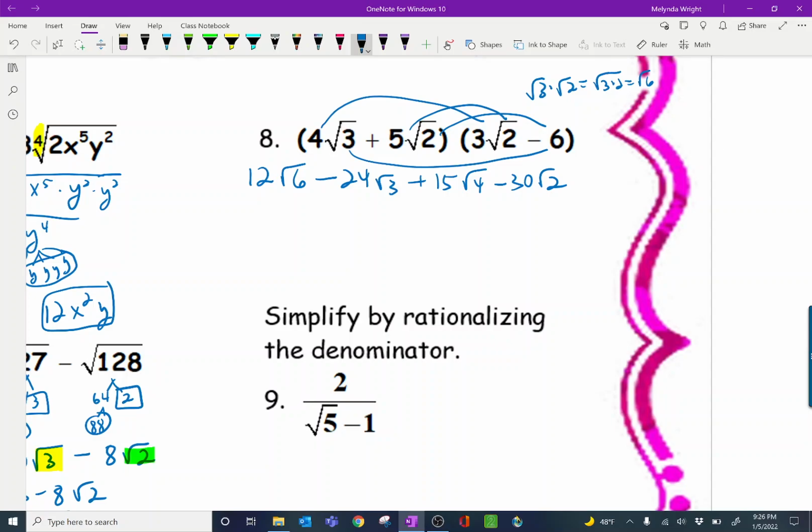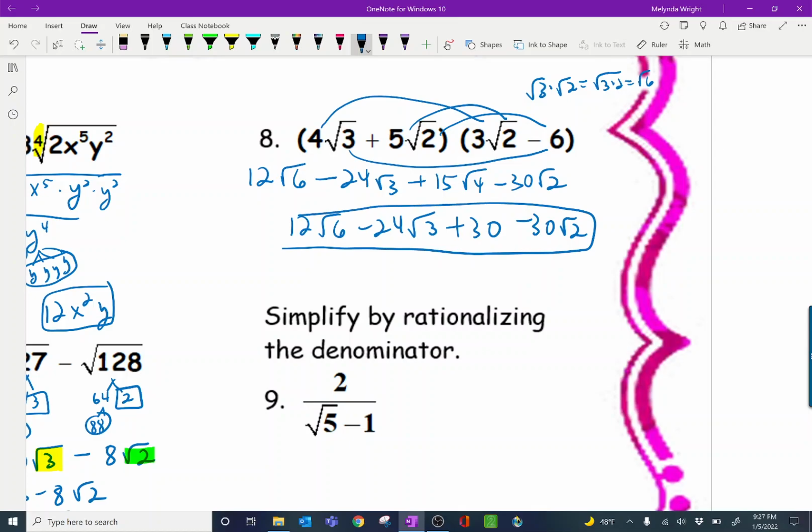So we can see, what do we got going on? We've got 12 root 6. I don't have another root 6, so that's not going to work. So I've got a 12 root 6. And I don't have another root 3. Okay, that's got to stay by itself. Now root 4 is 2. We know that. Root 4 is 2, and so 2 times 15 is 30. Okay. And then I don't have another root 2,